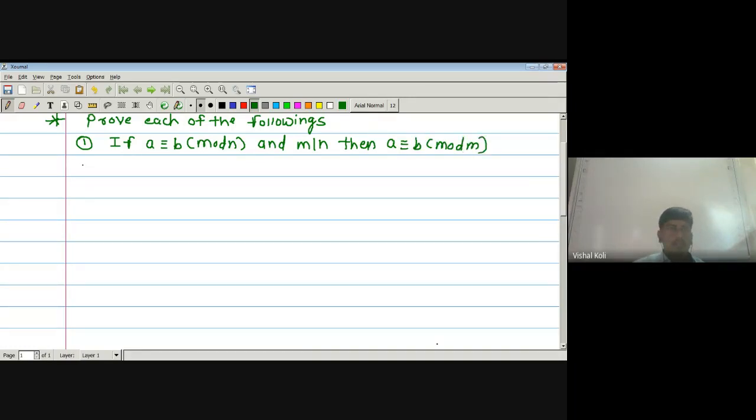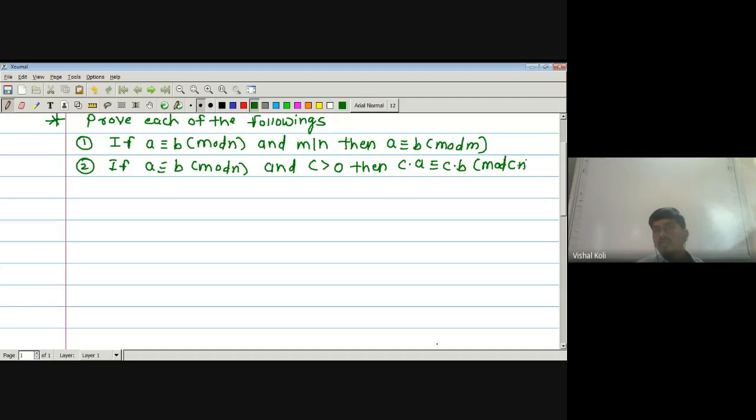Second one is if A is congruent to B modulo n and C greater than 0 be any arbitrary integer, then C into A is congruent to C into B modulo C into n. Third one is if A is congruent to B modulo n